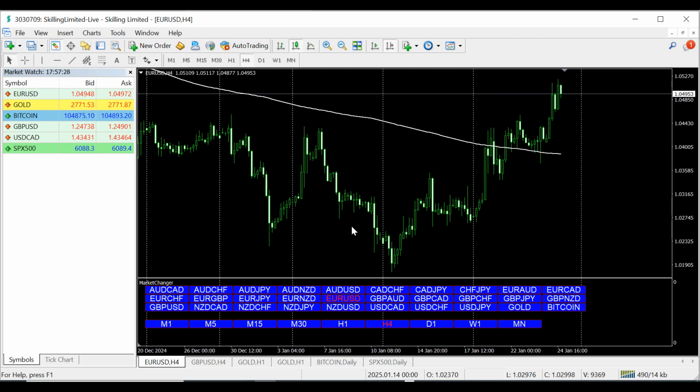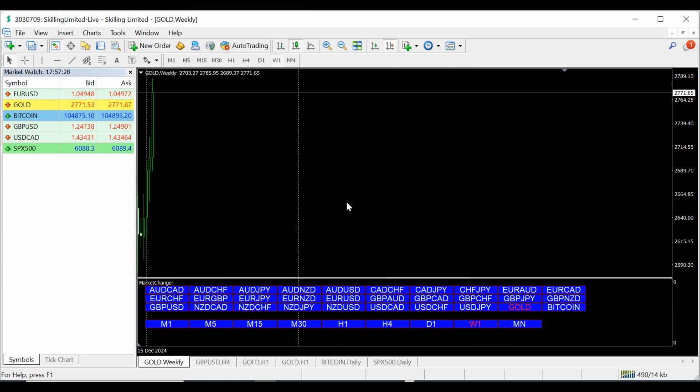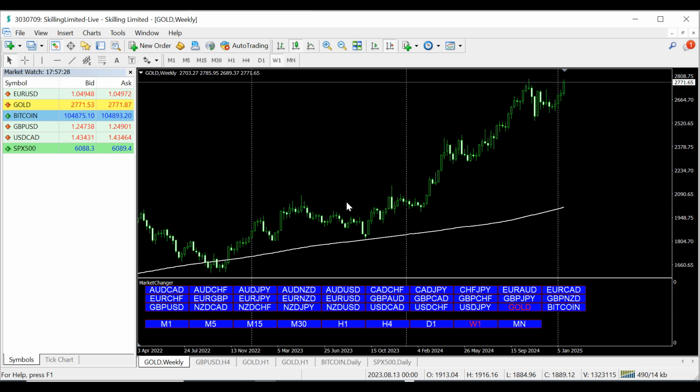Don't take too many trades. So let's check for gold. For gold, we have a bullish continuation. It recorded a new high. If this is this year's highest that has been recorded already, with gold hitting the New Year's high of